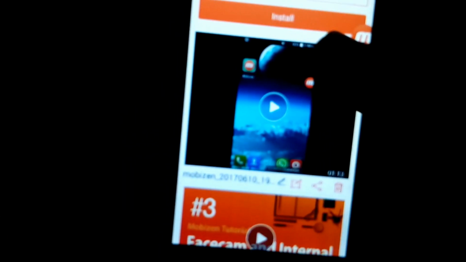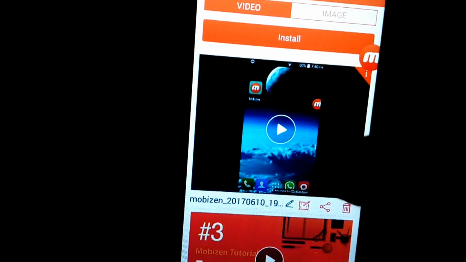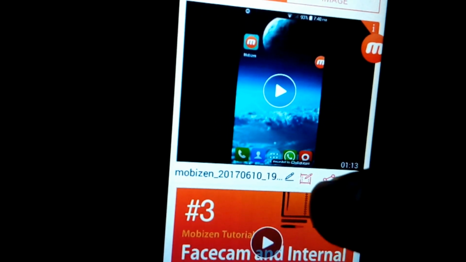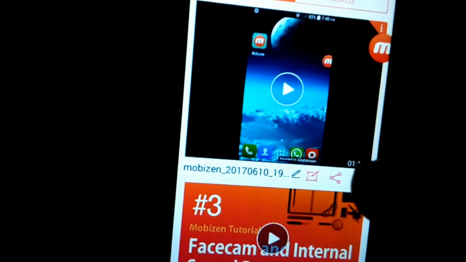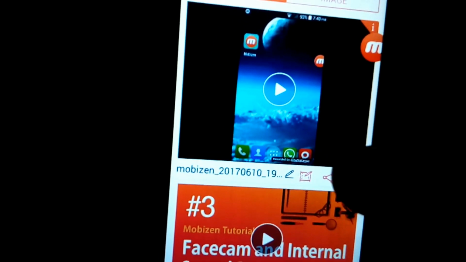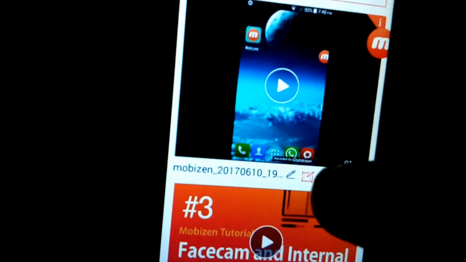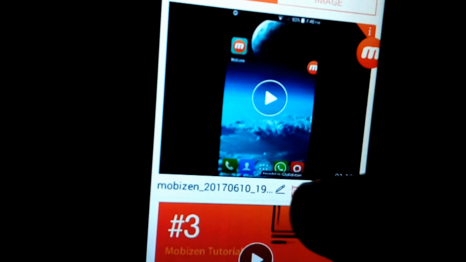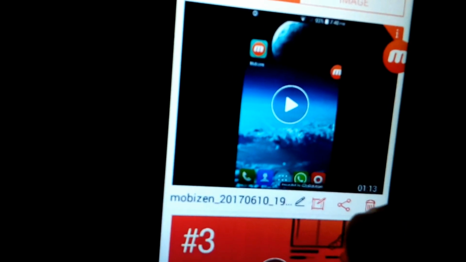And this note icon in between the star and gear will give you access to the videos that you recorded. Alright, so here it is, guys. Here you can see the video that we recorded just now. So you can basically share it from here, edit it. Mobizine is also giving a quite decent video editor, so you can also edit videos directly from here and extract it. Or even if you want it on your PC, you will have to click on this share icon.